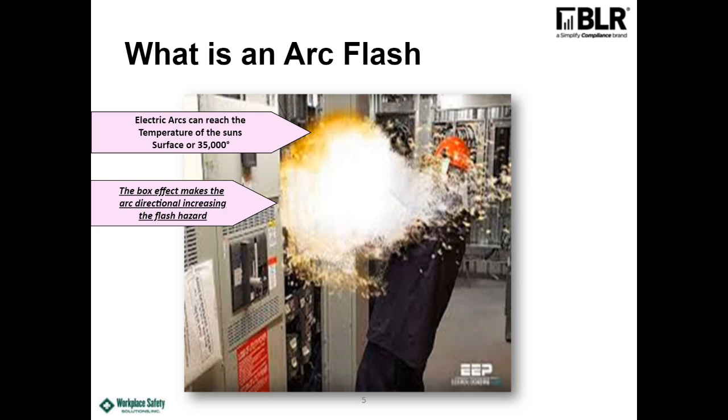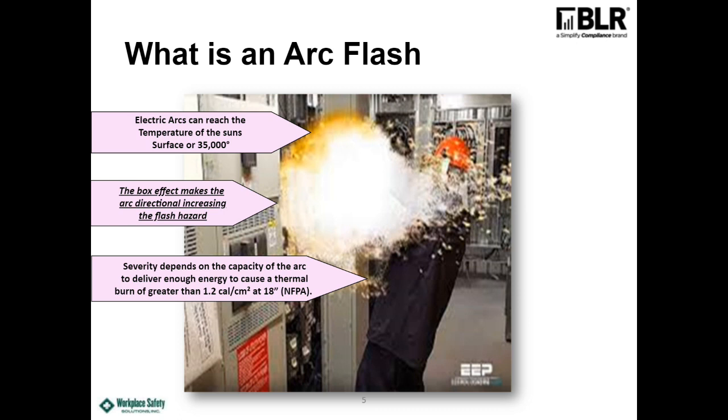It has one place to go, and that's outward once you have a door open. So it's about 10 times greater in a box than it would be up in open air. So you don't see linemen, for example, with suits on because of that. The capacity of this arc flash incident energy is basically based on the